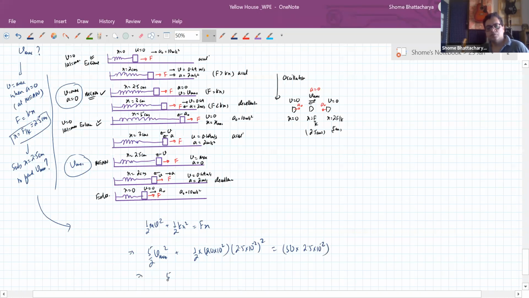Okay. So 5/2 Vmax square plus 6.25 into 10 raised power minus 1 should be equal to 1.25. So 5/2 Vmax square should become 1.25 minus 0.625. So from that you will get